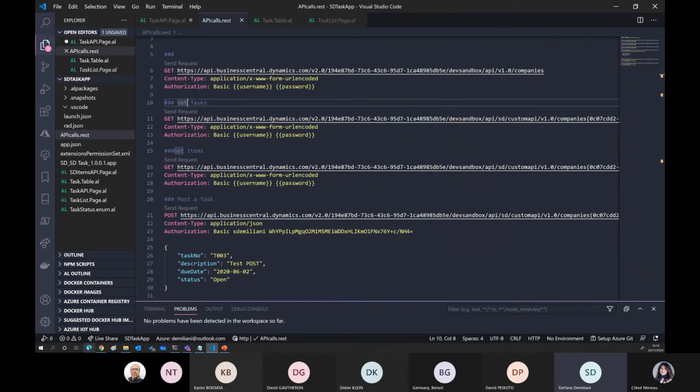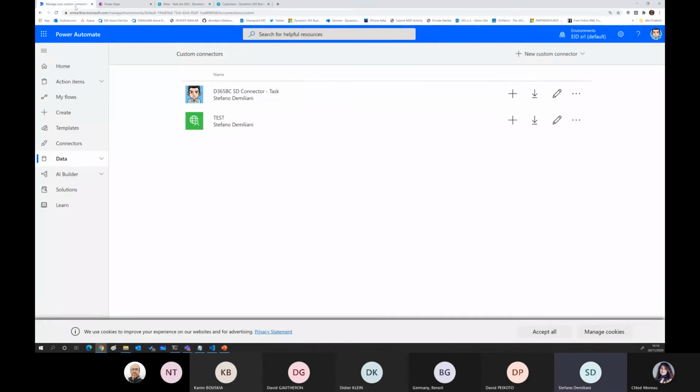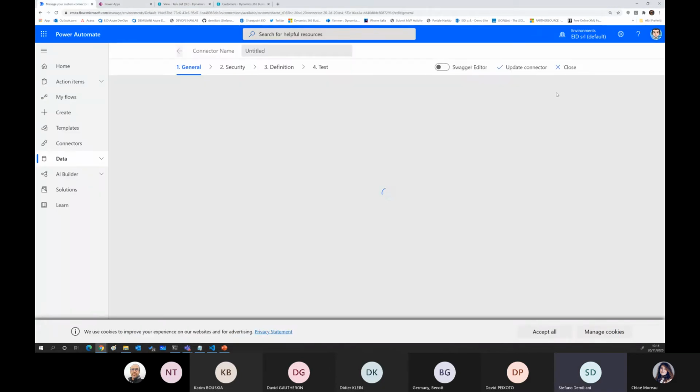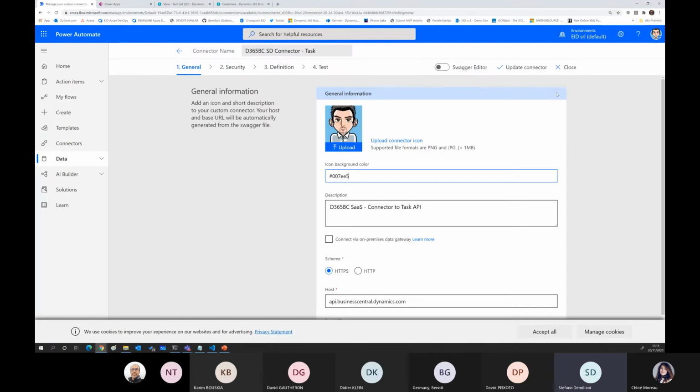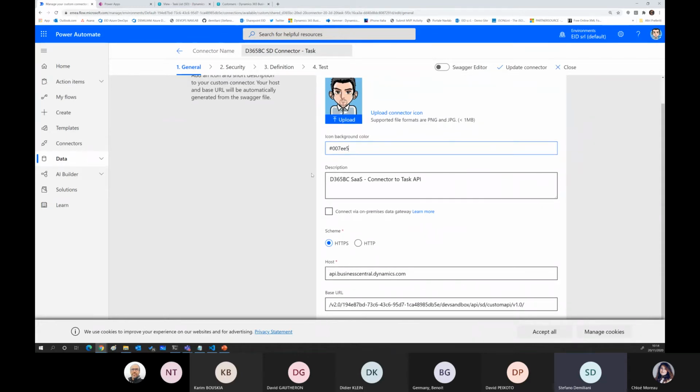So go back. When published, you have an API now available. And now we go back to our custom connectors, and we'll see how I create these connectors. Well, creating a custom connector is extremely easy. Simply go on data, create a new custom connector, and fill in the first parameter, where you can set the name and the